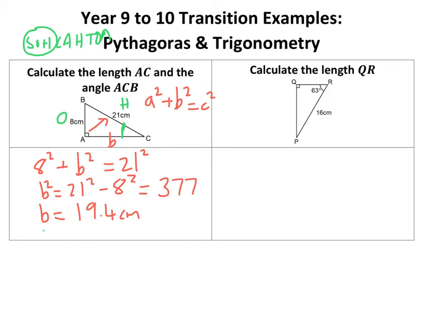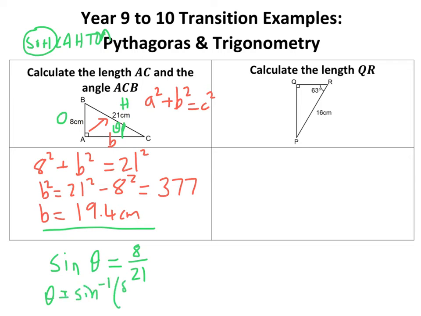Now I could use what I've just found, but just in case I've made a mistake, I'm not going to. So I'm going to do sine of the angle, which I'm going to call that Greek letter you've possibly seen called theta, equals the opposite over the hypotenuse. Now then, to rearrange that, I do sine to the minus 1. So whenever I'm finding an angle, I use shift sine, the inverse of sine, whatever you want to call it. Now I need my calculator again. Shift sine 8 over 21, and I get